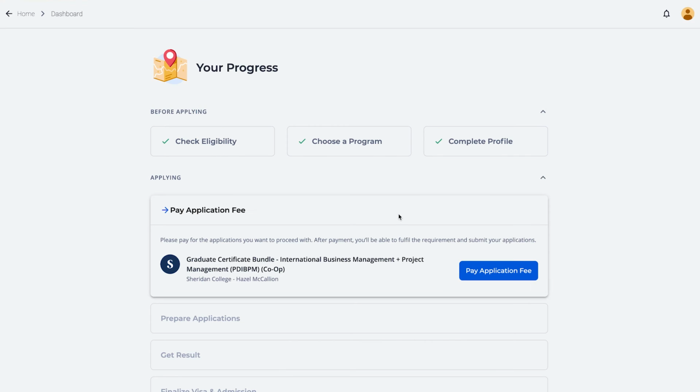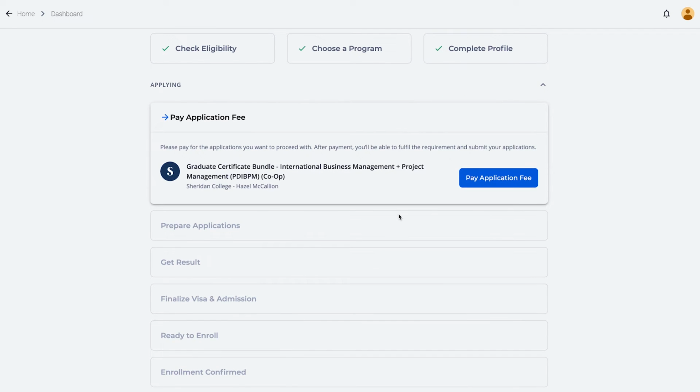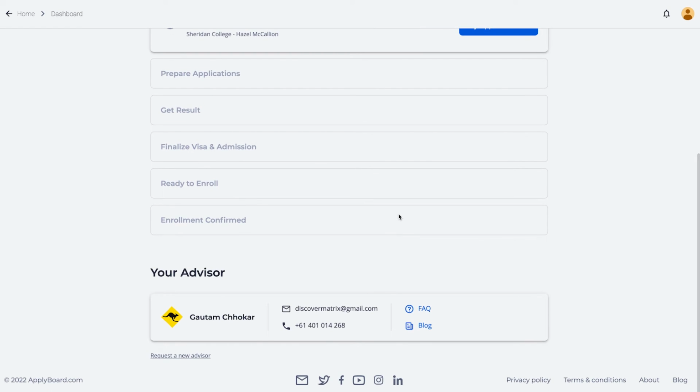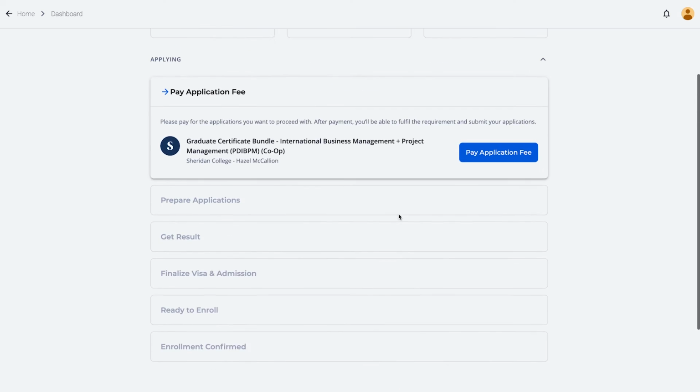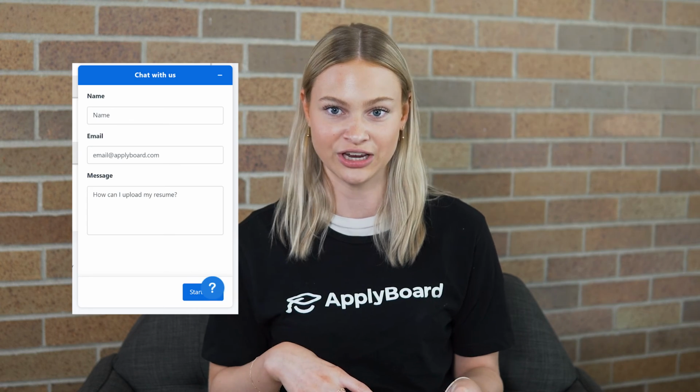The ApplyBoard portal is a one-stop shop where you can shortlist and apply to at least 10 programs and schools in one go. Our ApplyBoard team is always here to guide you during the entire process and throughout your international education journey. If you have questions at any time, you can utilize the chat function on your application or simply reach out to our experts by emailing